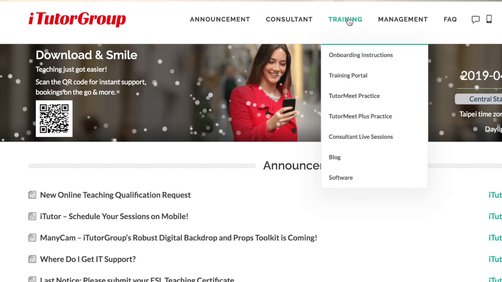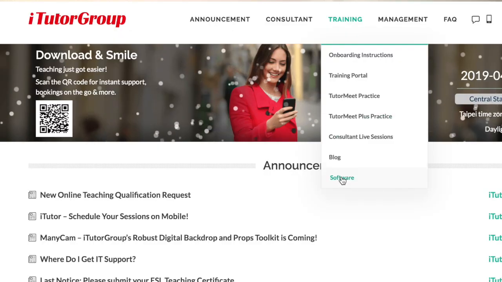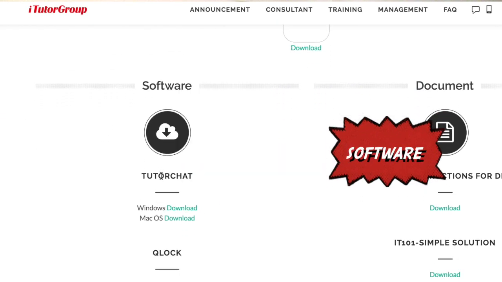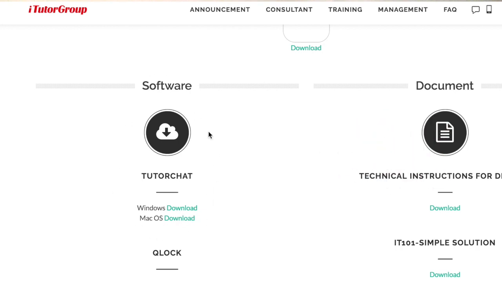Go to the training tab in our portal and look for software. Okay. So go to the training tab in our portal, look for software, click software, and click download TutorChat. On a Mac, you have to go into your settings to allow the app because the app is like an unknown. iTunes or the Apple store, the application store, doesn't recognize it, so you have to allow it because it's from the internet, and to Apple it seems very random, so that's why you have to go in and allow it. For a PC,